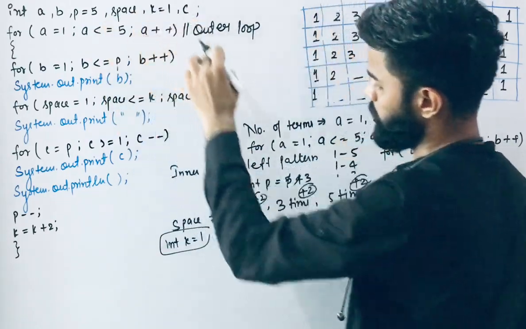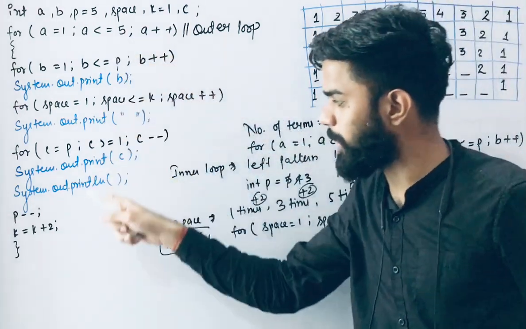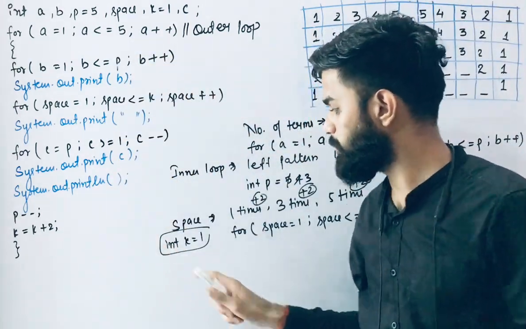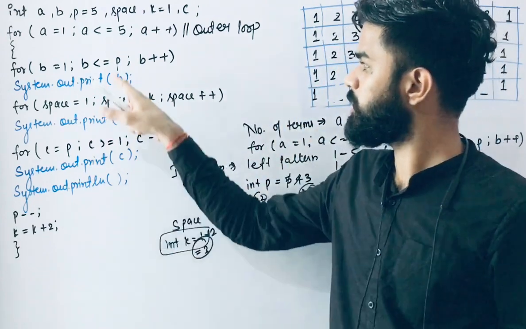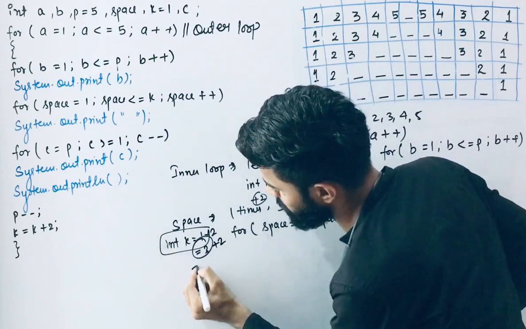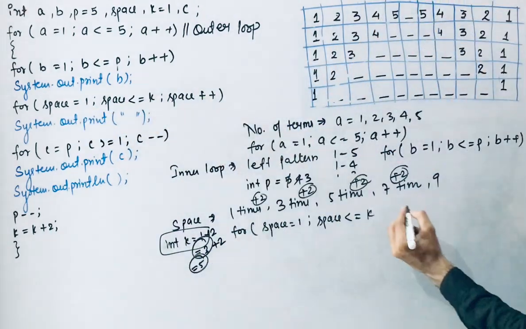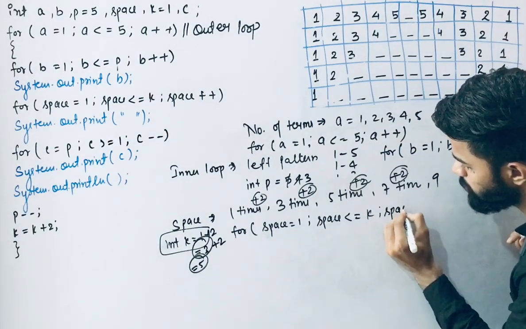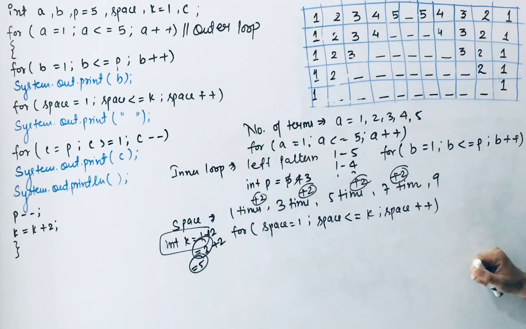K equal to 1. So the first time it runs 1 time, and then when 1 time completes, in the last k plus 2, it means plus 2, and then it is equal to 3. So it runs 3 times, and then again when plus 2 is there, the value is 5, and then it runs 1 to 5 times, and space always plus plus. So this is the basic task for printing the space value.